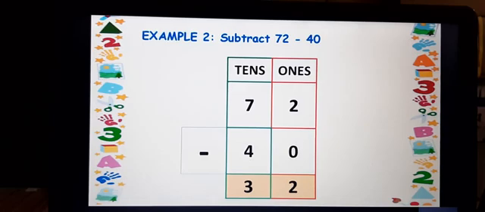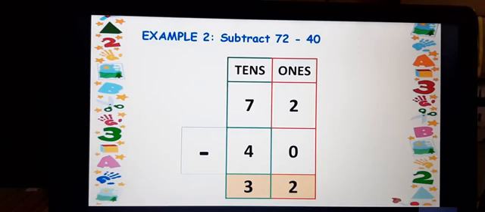So like that you have to do the calculation here. 72 minus 40 is 32. Like that you have to get the calculation and follow the methods that were already explained. Based on that, you will understand how to do the calculations. Okay, one more example. I'll give you the question. You have to do it in your maths homework book. Write the explained examples also in your book. So it will become practice work for you. And the one which is given as a question, you have to solve in your book.